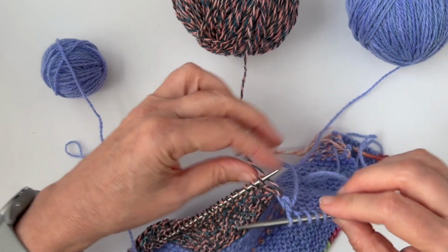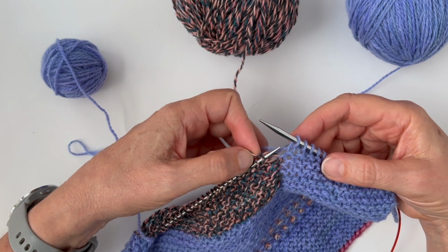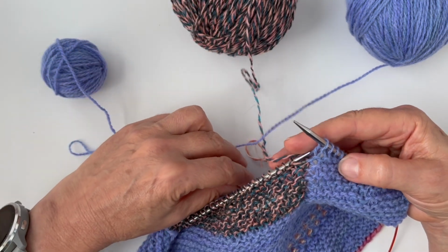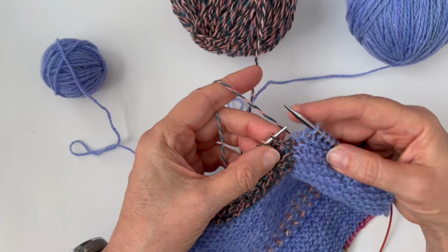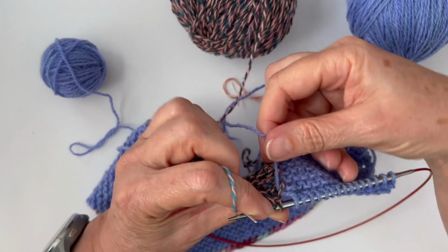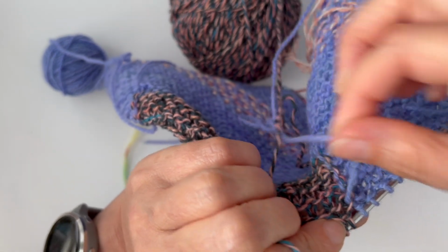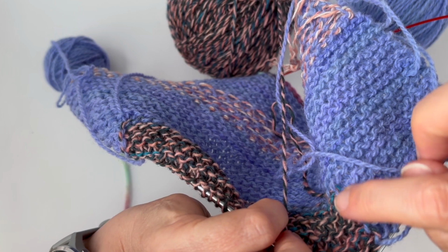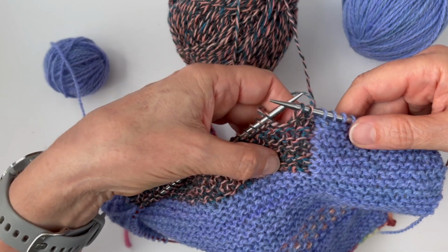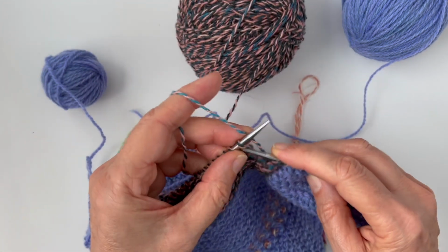And so all I have to do is, when I'm switching colors, I just knit that last stitch of the blue. And now what I need to do is take the old yarn, lay it across the new yarn, pick up the new yarn, and knit across. And what that does, if you can see this, it hooks the old yarn in the new yarn, and you just get these caught together, and it gives you a beautiful connection seam right there. So then you knit across